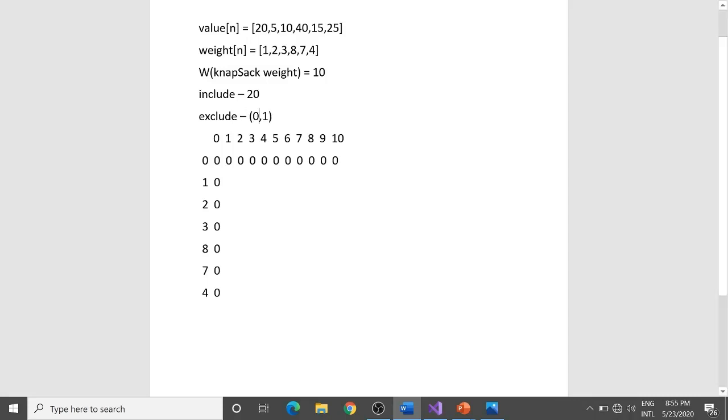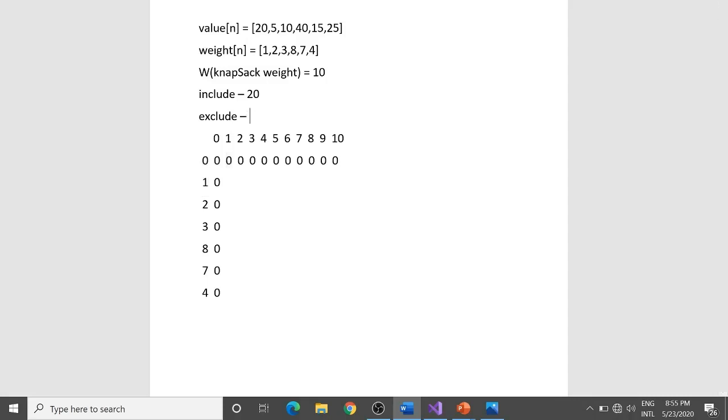So where can I find this subproblem? It means I do not have even a single element with me. Look, how many elements did I have in this row? I have only a single element, so I would be recursing for the remaining elements. And what are my remaining elements? They are 0 elements. But I would be recursing for the same knapsack weight because I didn't choose to put this item in my knapsack. So where can I find this subproblem? This subproblem can be found over here.